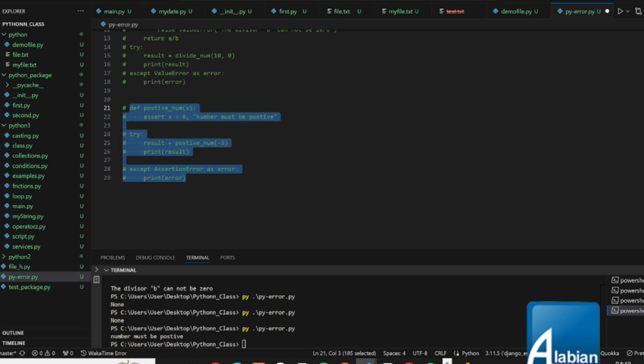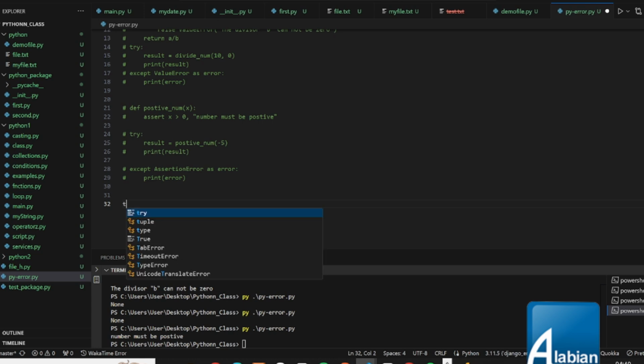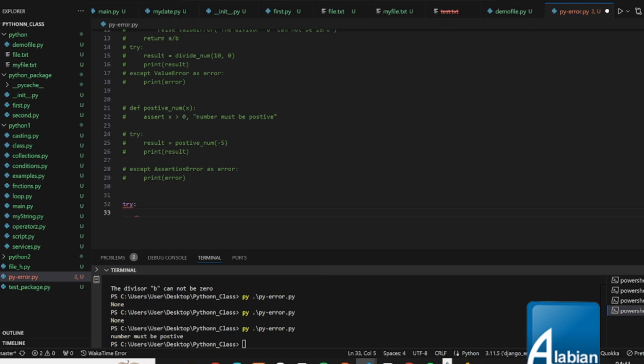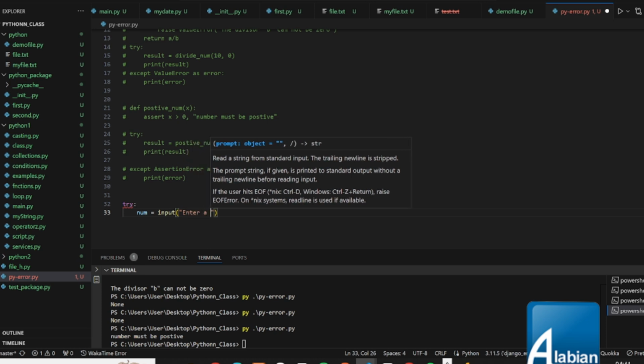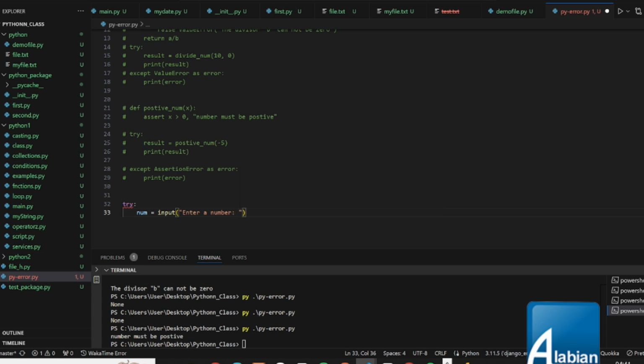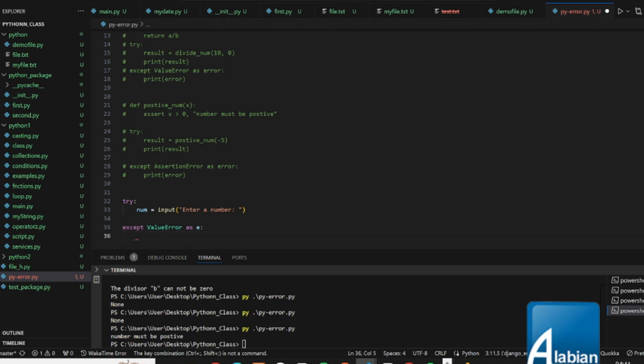Come here and then I would say try, num equal to input, I'll pass an input, then I'll say enter a number, and then I would say except ValueError as E, right? Then I would say print